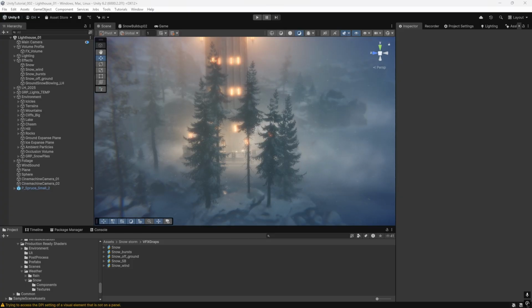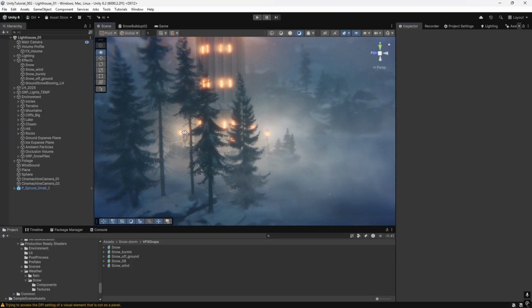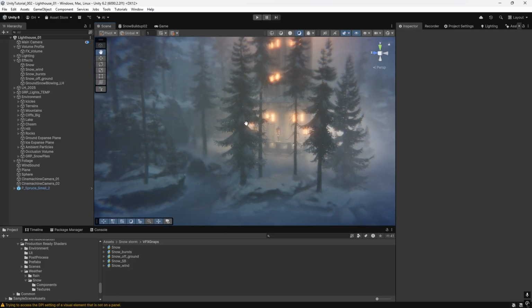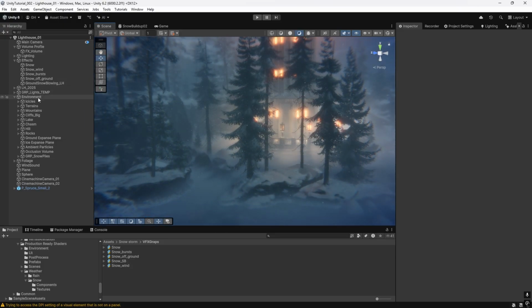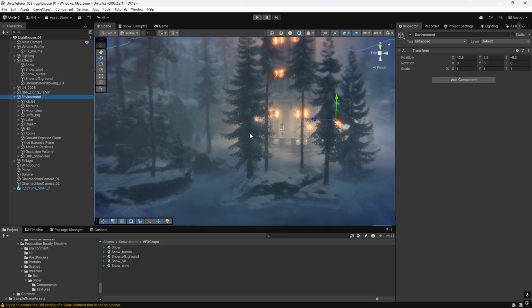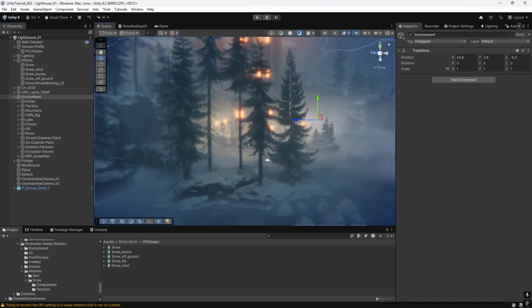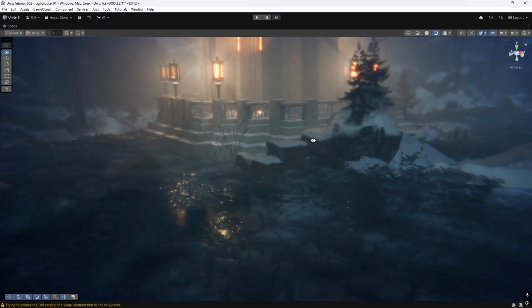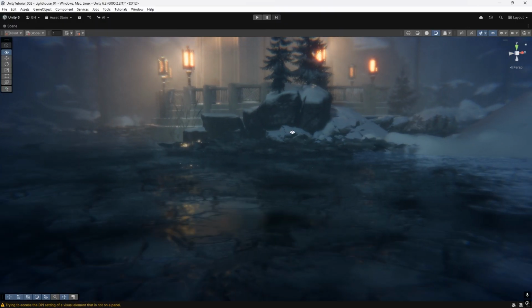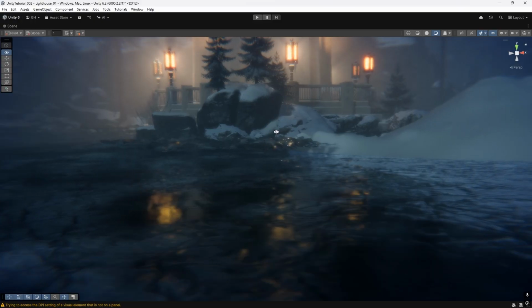First, the vast majority of this frozen lakeshore environment is from the Winter Tundra Asset Store package. I purchased this winter set on the Asset Store, and I used it for the frozen lakeshore environment, trees, boulders, terrain, shoreline, and distant mountains, and a ton of other set dressing props. Great for populating wintry scenes. For the ice pack surface, I used one of Nature Manufacturer's Ice World shaders for the icy surface, creating a